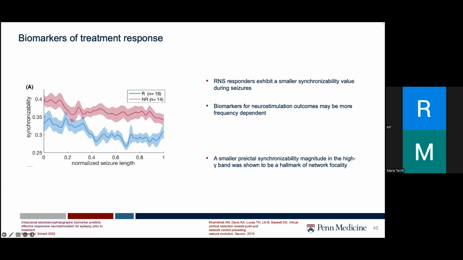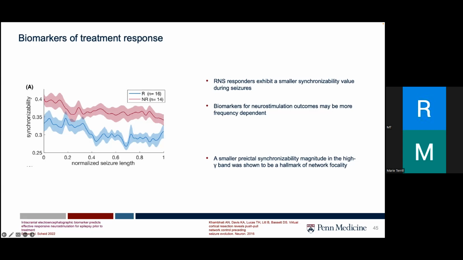Now, network synchronizability refers to the degree to which brain networks exhibit synchronized activity, and there are various different ways you can quantify this. In this study, not going into too much detail, which I probably won't be able to explain, they used computational synchronizability curves with 2 different frequency bands in the beta and gamma range. I guess the frequency bands were chosen because they are relevant for understanding neural synchrony and seizure dynamics.